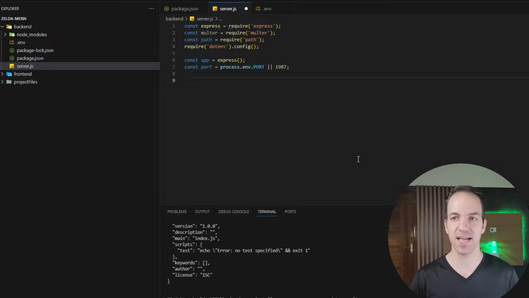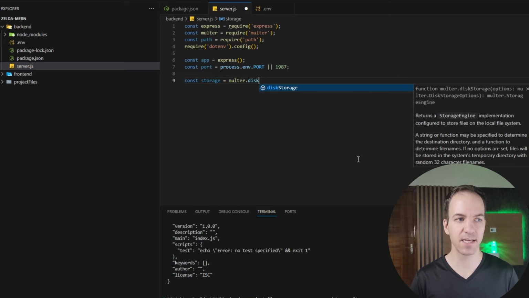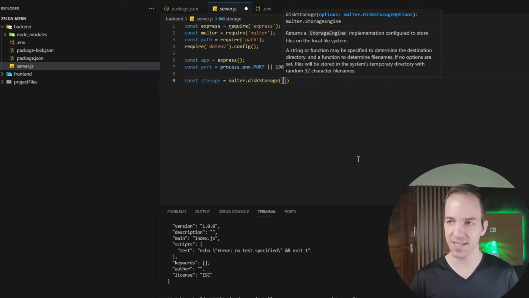I'm just going to use 1987 for the video here. And now we basically need to set up our Multer connection so that we can serve up those images. So I can say const storage is going to be equal to multer.diskStorage. And then inside of here, we need to set our destination. So our destination is going to be a function where I can say req, file, and cb, and then inside of here I could say cb, null,